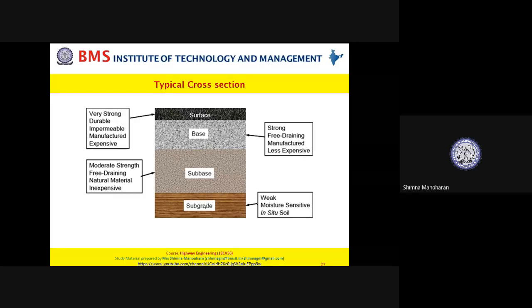Based on whether the pavement is flexible or rigid, as we will see in the coming slides, the surface and the base course will change. For flexible and rigid, the typical layers present in the cross section will be different. But for any typical pavement, these are the main layers, which you should remember: subgrade, over it the subbase, then the base, and then the surface course.